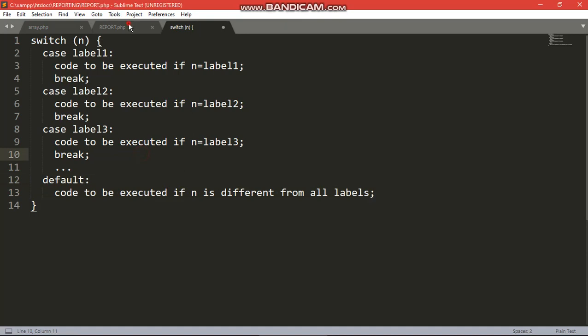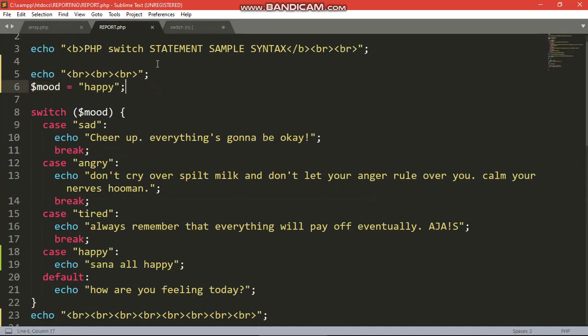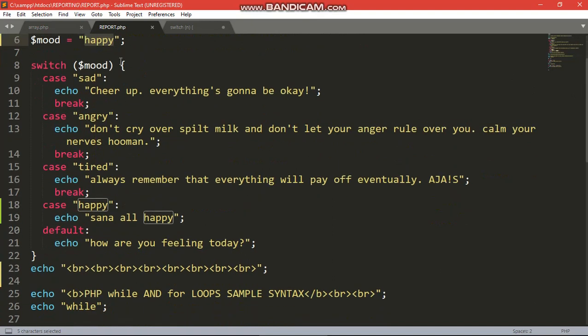So, let's take a look at my sample here. In here, I have a variable mood with a value happy. I put mood inside the parentheses. And then I have here 1, 2, 3, 4 cases, and then 5 including default. As you can see, the values of each case are unique, right? I have multiple conditions. And since I set the value of mood to happy,